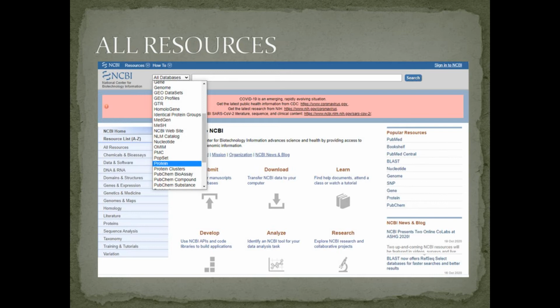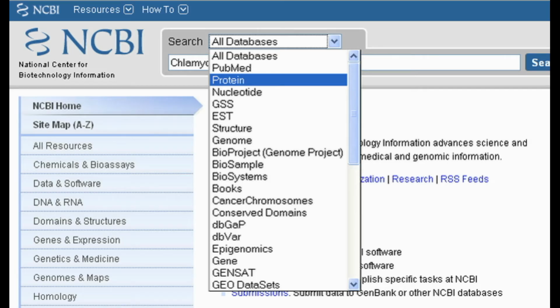Now we discuss the next resource, that is GEO. GEO is a data repository and retrieval system for high-throughput functional genomics data generated by microarray and NGS, that is next generation sequencing technology.